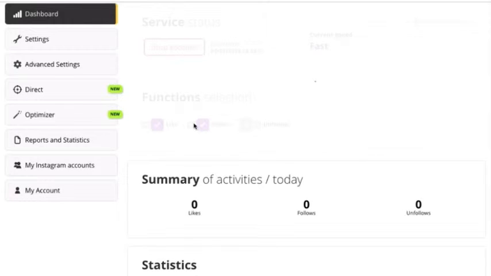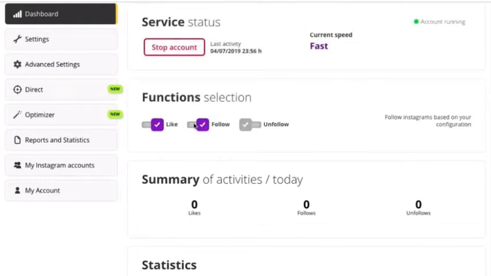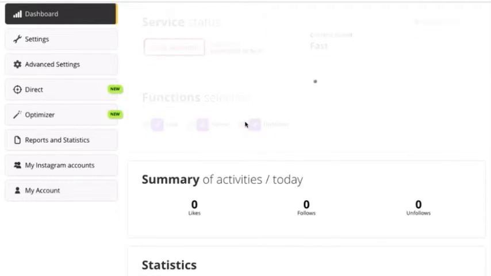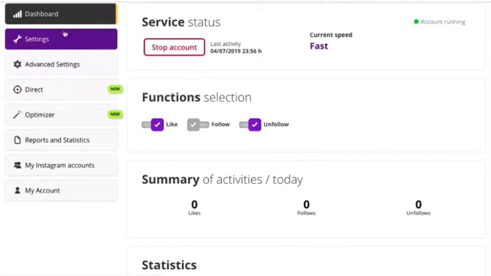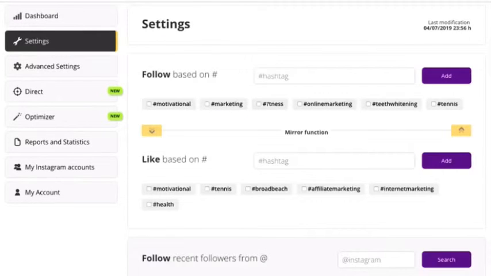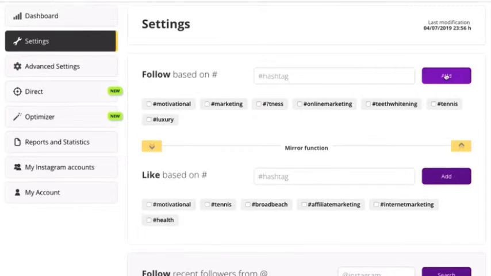Now, Direct is essentially just a direct message feature, but one thing that's important here as well is that you need to have at least 4 different messages set up. This is a feature that I've steered away from using before in other tools, because EngagerMate has a feature that means that you need to have at least 4 different messages, and they will only send 20 messages a day, because this is one of those features that normally will get people banned and shadow banned very, very quickly,